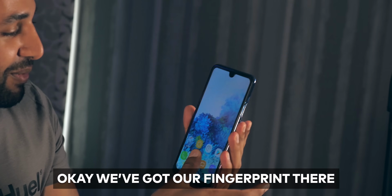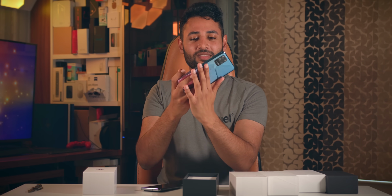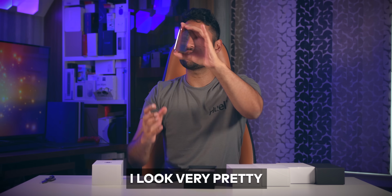Okay, so we get in. Everything is absolutely supersized. Okay, we've got our fingerprint there. That somehow worked. Wait a second. Just to be sure, can you put your finger on that screen? Yeah. Thought so. And just to make 100% sure, let's go for face beauty mode on the front camera. Oh, look, very pretty. Look at that. You know what? I will say this. I don't hate the finish, and I don't hate the size. I hate pretty much everything else about it, but...